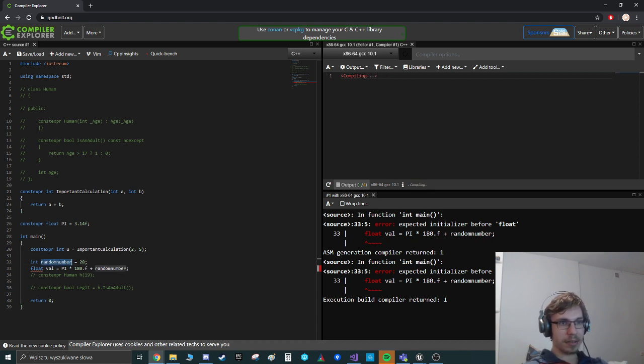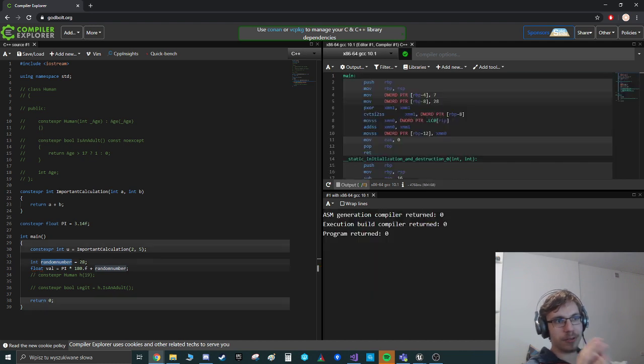And let's assume that this is actually a real random number, like it's randomly generated and we don't actually know its value. So in this case we know those values and we know the result of multiplying. We can just get it